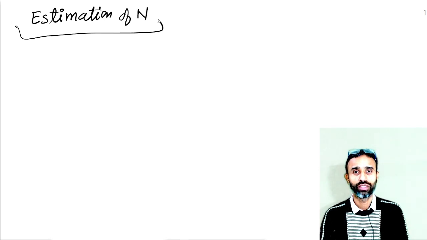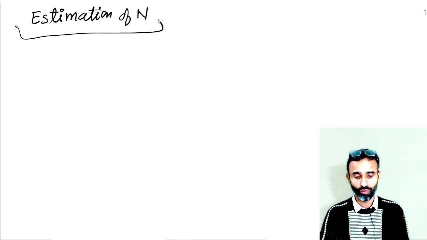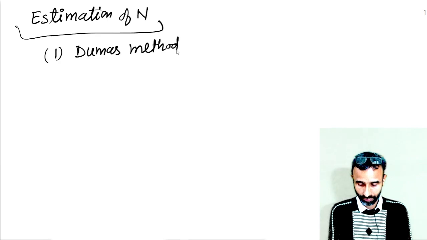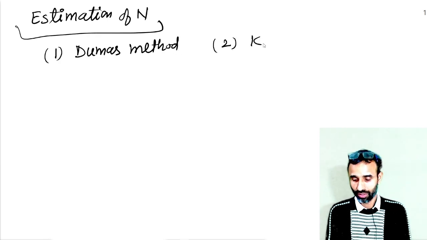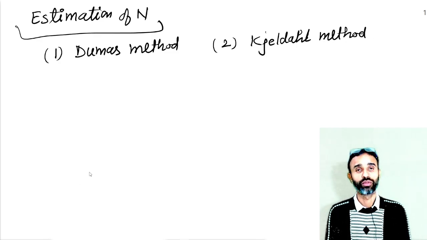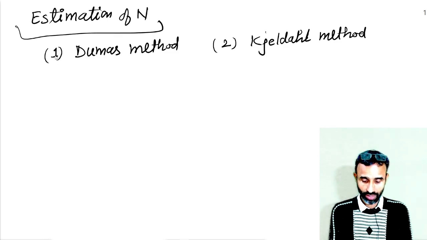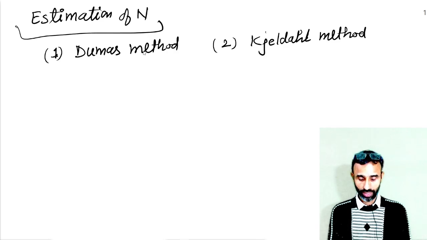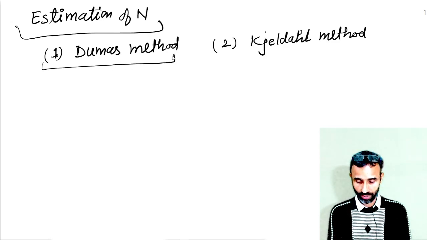First is the Dumas method, and the other one is the Kjeldahl method. Now, in case of the Dumas method,